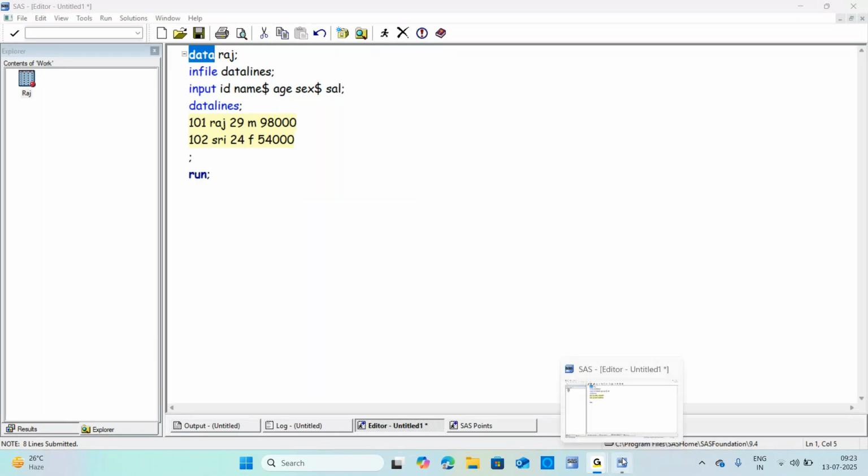Rule number 3, to write a program in SAS, we need to keep 3 words in mind. The 3 words are infile, input, datalines. Rule number 4, a SAS program should always end with a keyword called the run statement. Rule number 5,